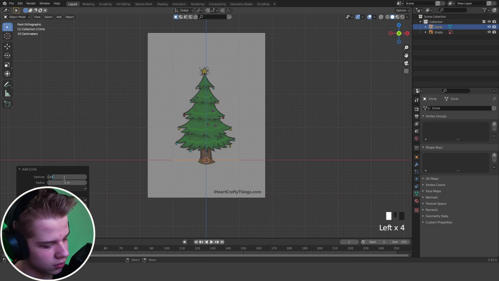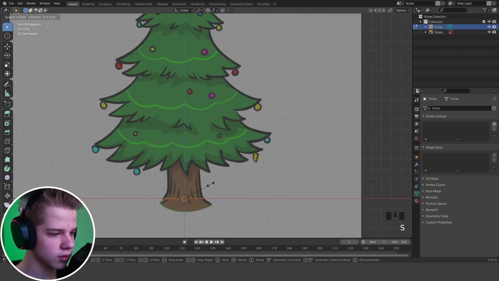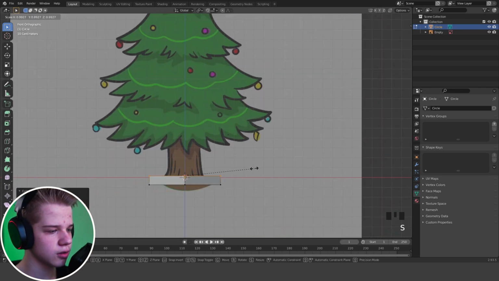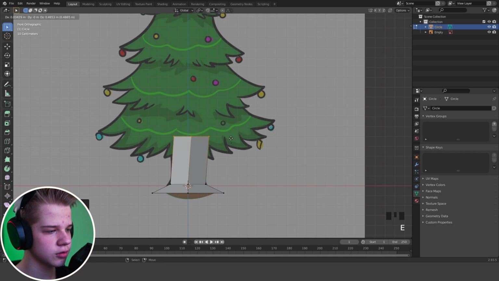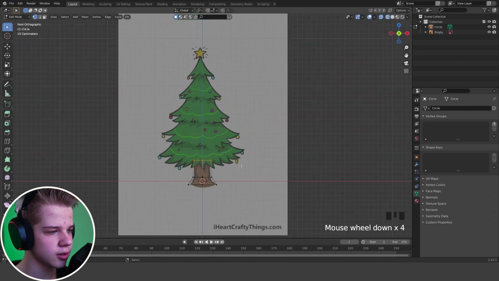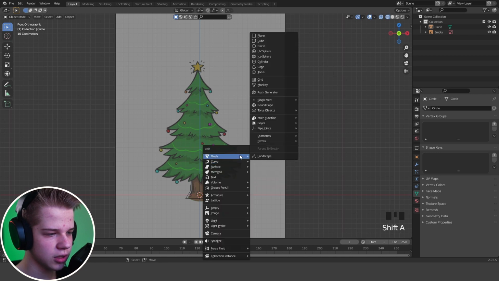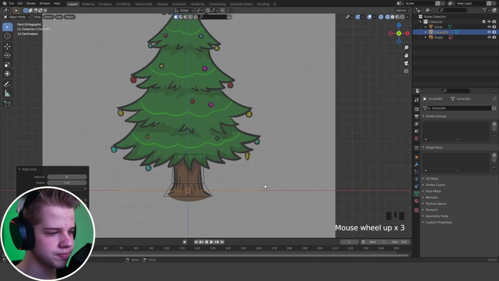change this to like 6 vertices or something just low, and then you can just go to edit mode, S to scale down. So I'm going to drag it down, C there, scale it in, drag it up, G Z. Maybe just drag this up, and then maybe just scale this bottom one down. Okay, that looks okay. So I'm just gonna go add in a Shift A, mesh, circle, and then I'm going